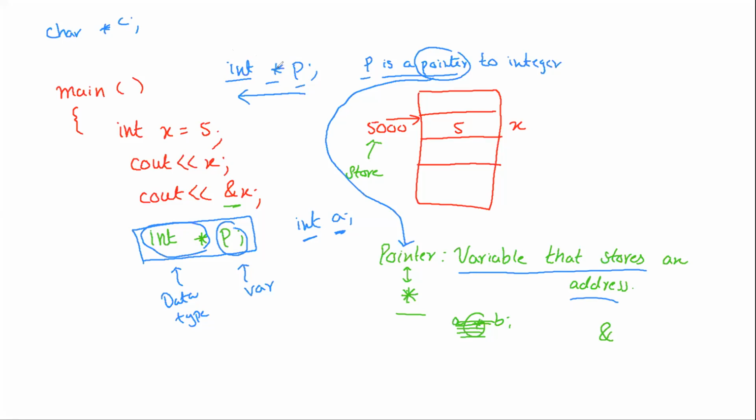And if this does not make sense to you, you can also read it like p is a variable which will hold the address of an integer. So this is, you can say, the compact way of reading it. But if you don't understand what a pointer is, in the beginning I told you a pointer is a variable that holds an address. So you can also read it as p is a variable which will hold the address of an integer. Okay, so now if we are convinced, we read it like this. So I'll just write one statement and then we can have a discussion session. Let me write it a little more neatly. Now see here, so here I'm saying int.